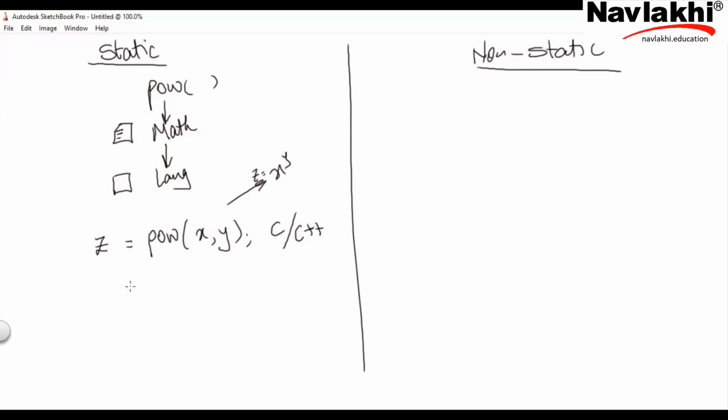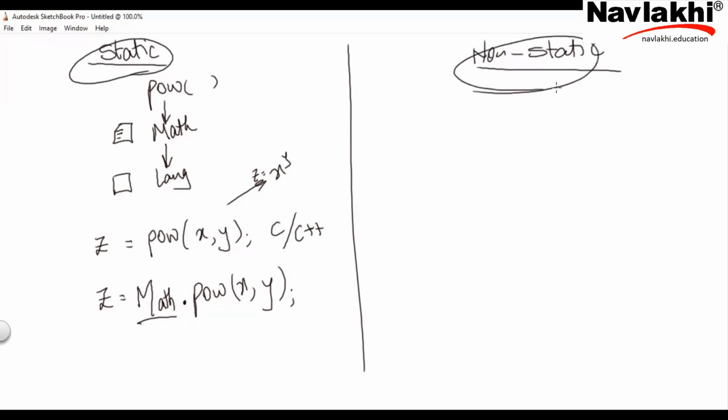But if it is Java, I'll have to use a static function or any function, whichever I use. I have to always have a dot before it. And if that function is static, then before the dot, I mention the class name. I repeat, I have the function call and the parameters. Every function will have a dot before it, and what precedes the dot will be different based on whether it's static or non-static.